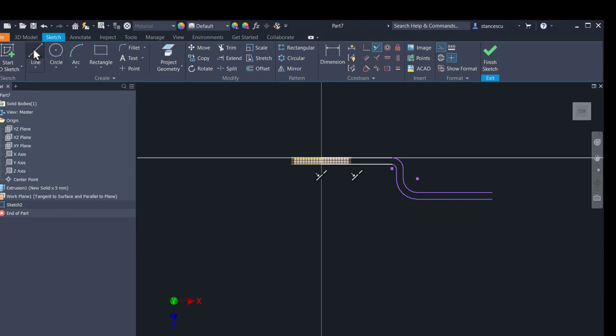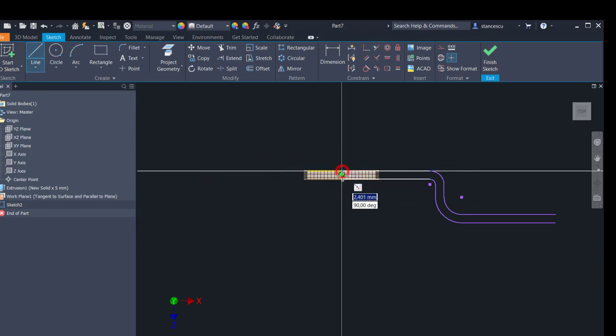Good. We close the contour at both ends,